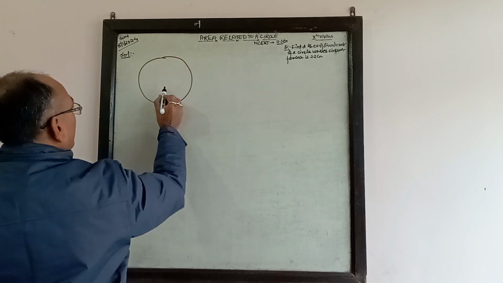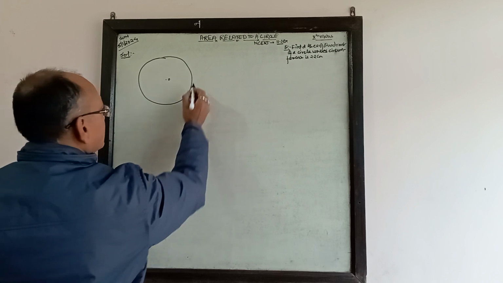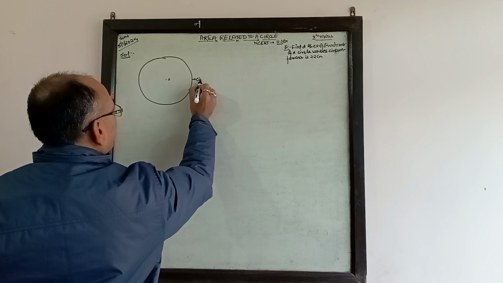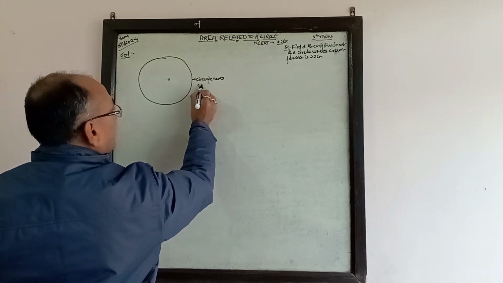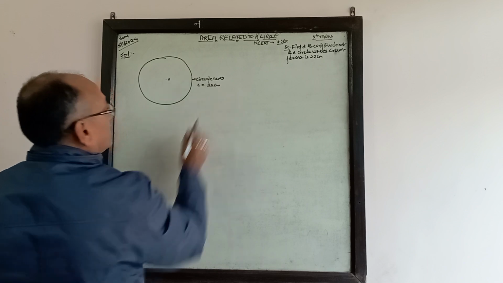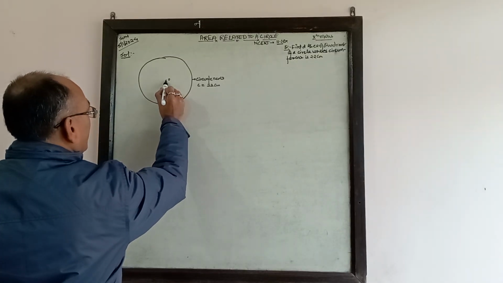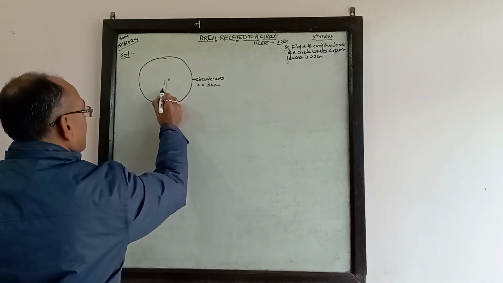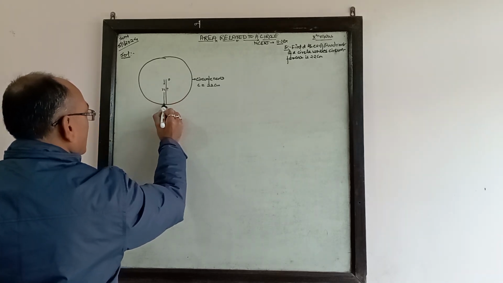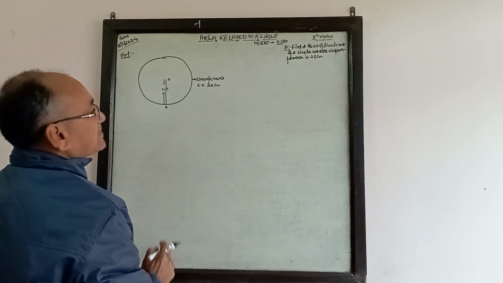First of all, we will make a circle with center O and say this is the circumference, and circumference C is equal to 22 centimeters. It means that we have to find out the radius. Now look at this, this radius is this one. Now look at this, find the quadrant. He is saying that, so it means